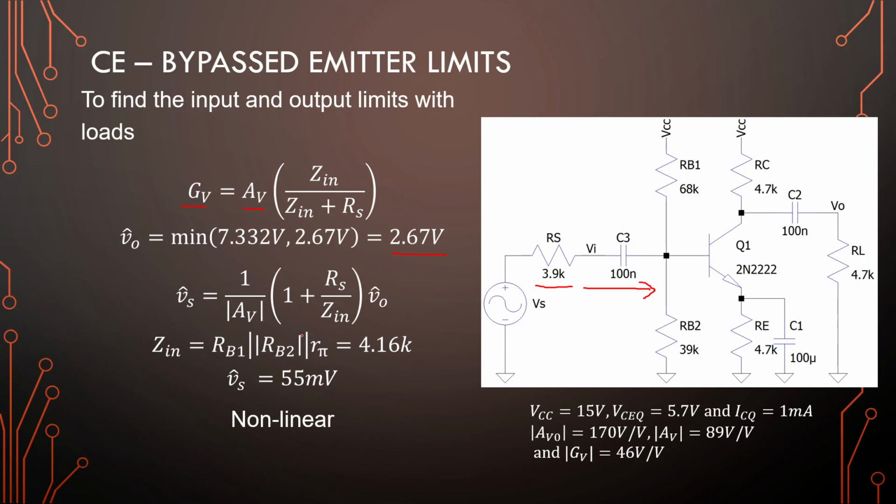And the parallel of RB1 and RB2, we get to a VS of 55 millivolts. So we can apply 55 millivolts here and get a swing of, or a peak voltage of 2.67 volts over the load. Okay, but this output won't be pretty at all, but it won't be clipping, at least. Okay, so how can we adapt this to get ourselves the output and the input